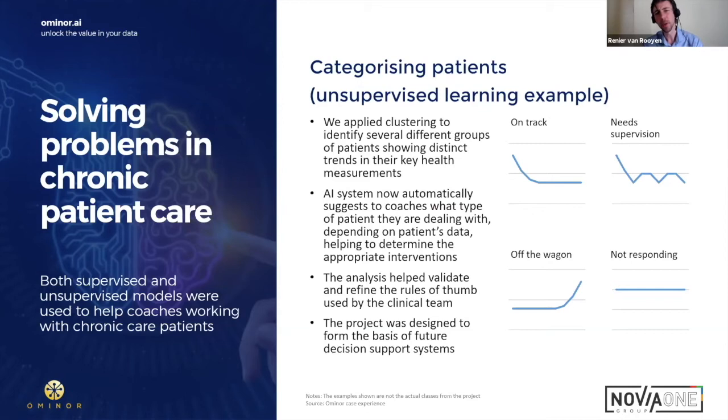In this company, the clinical team had a hypothesis about certain types of patient profiles. They would say, we have some patients that typically listen well to our advice, and then they get better very quickly. And you'll see that second graph, the one that says need supervision. Those are ones where a low reading is good, so their readings decline and get into a good range, but as soon as they are in between coaching sessions, it goes back up.